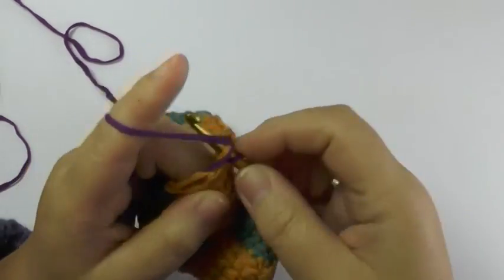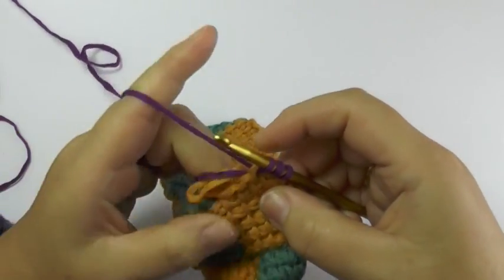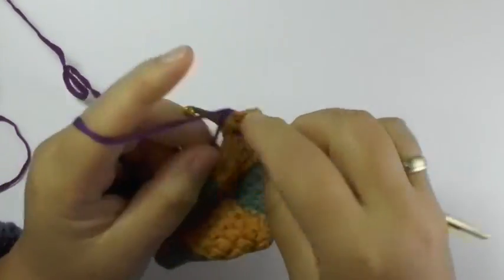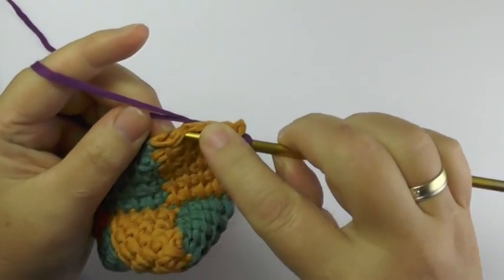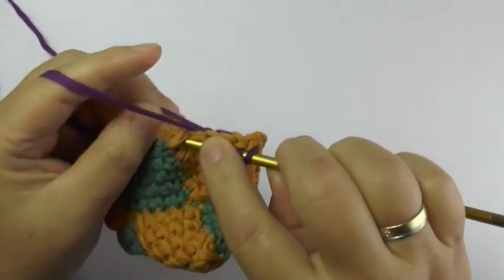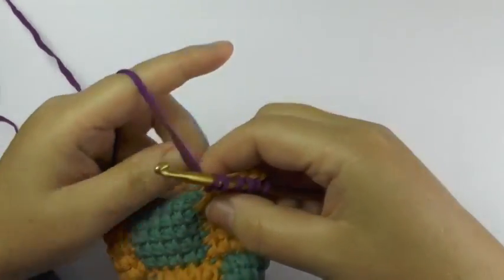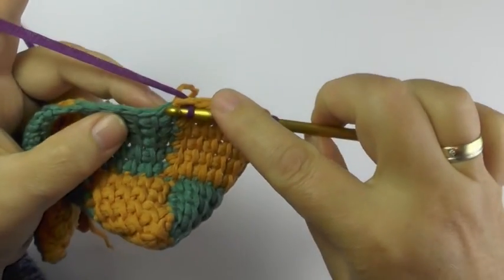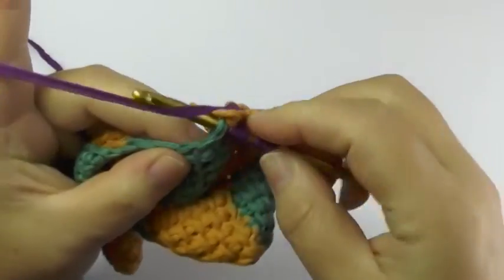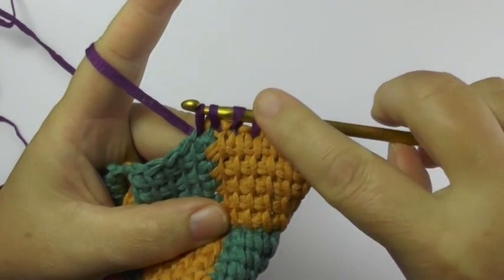One, 2, 3, crochet in the loose end, 4, insert above and underneath the slip stitches in turns, 5, 6, 2, 4, 6. The 7th I pick up from underneath here out of the slip stitch of the next square. 2, 4, 6, 7,